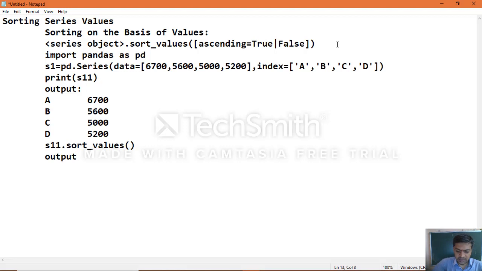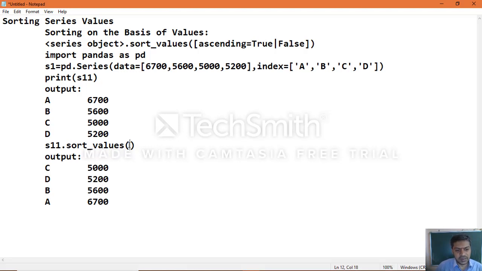After execution of the statement, the output will display in ascending order of data: c 5000, then d 5200, then b 5600, then a 6700. You can see the second column, that is the series object data, 5000, 5200, 5600, 6700. So ascending order of data.